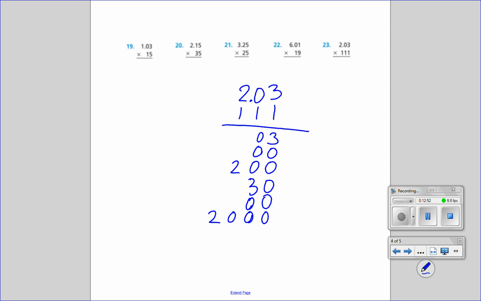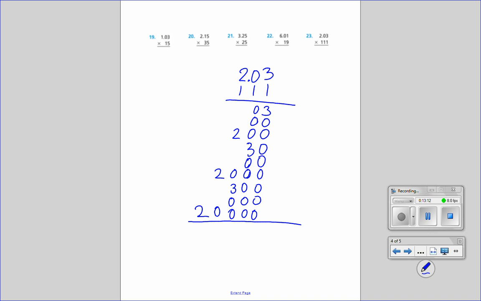And then I have to do 100 times 3 is 300. 100 times 0 is 0. 100 times 2 is 200. 1, 2, 3, 4. So we have 3, we have 3, we have 5, we have 2, and we have 2. How many decimal places do we have in the answer? 1. So my hint to you is this is nothing new. Multiply like you usually multiply. Just pay attention to how many decimal points are in your problem or in your factors, because those same decimal places will be in your answer. All right? So I want you to start thinking